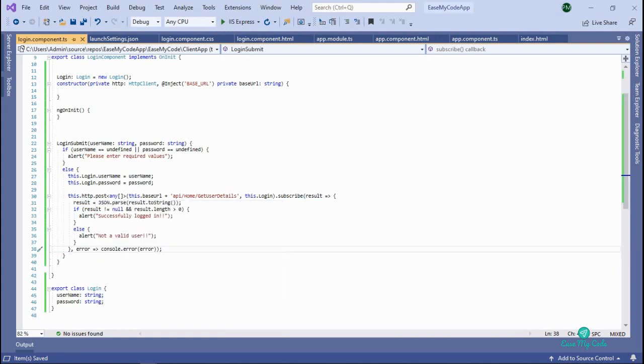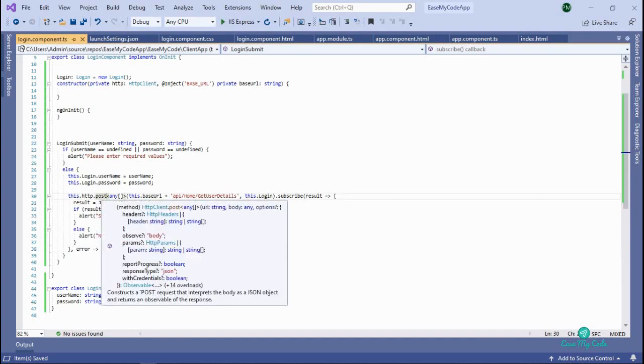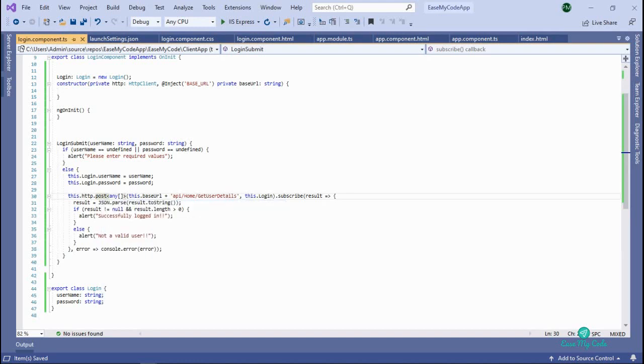So this particular section is how we call our core API. Since we are passing the login parameters, the username and password, to our get user details method, we'll be using the http.post method here. If we are fetching something from the core API, then we'll be using the http.get method. So this is the difference here. This dot base URL is nothing but your application URL in the launch settings that I've shown, and then it appends the API. API reflects your core API. This home reflects your home controller, which I will be creating inside our API, and then get user details reflects the method inside the home controller.